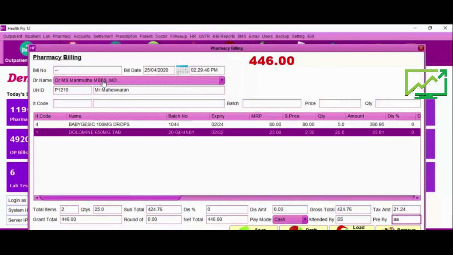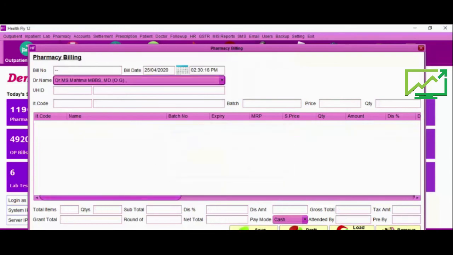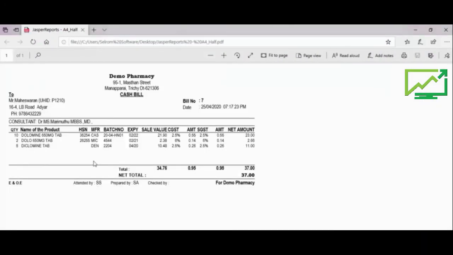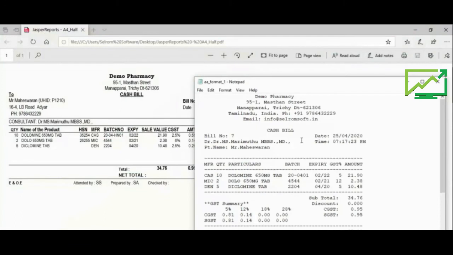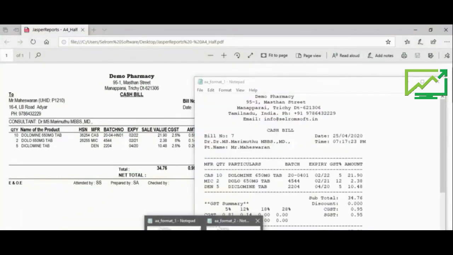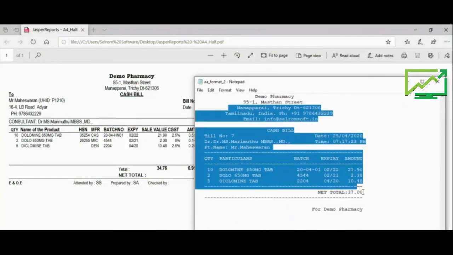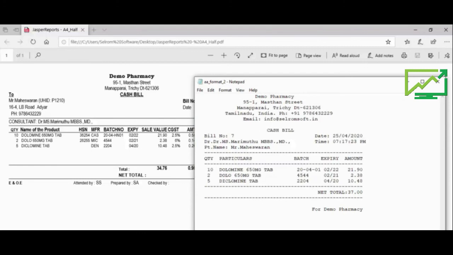Attended by, prepared by, that's all. These are the bill formats. Laser printer. This one for Dotmatrix printer. This is also one format.